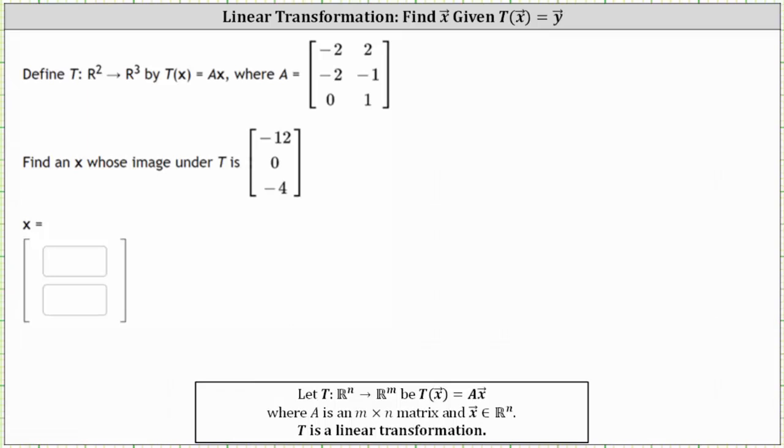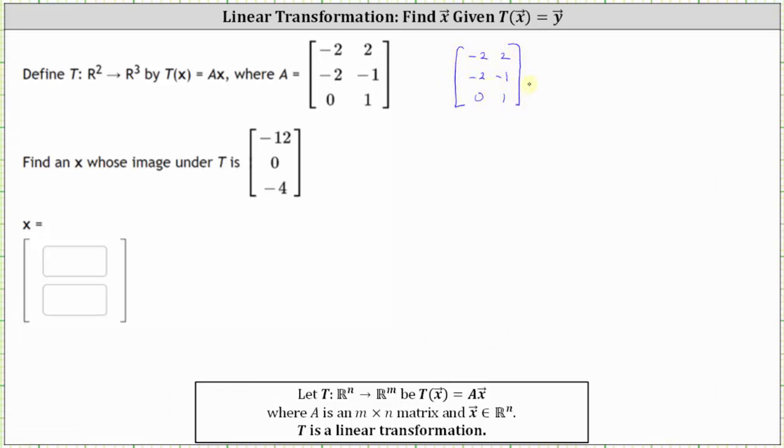The transformation from R2 to R3 is given by T of x equals A times x, where matrix A is the given 3 by 2 matrix. We're asked to find vector x, the input vector, or the preimage, whose image under T is the vector -12, 0, -4. So we're looking for the vector x, where matrix A